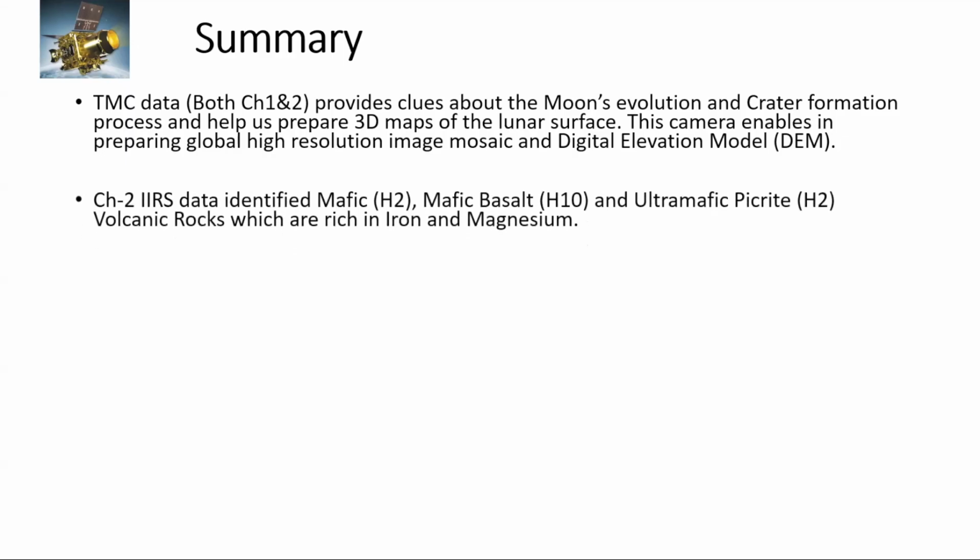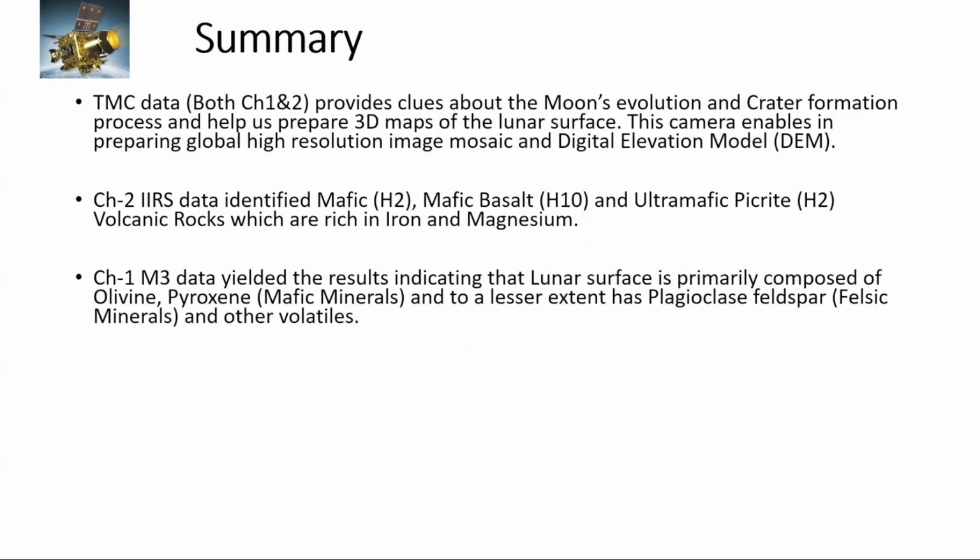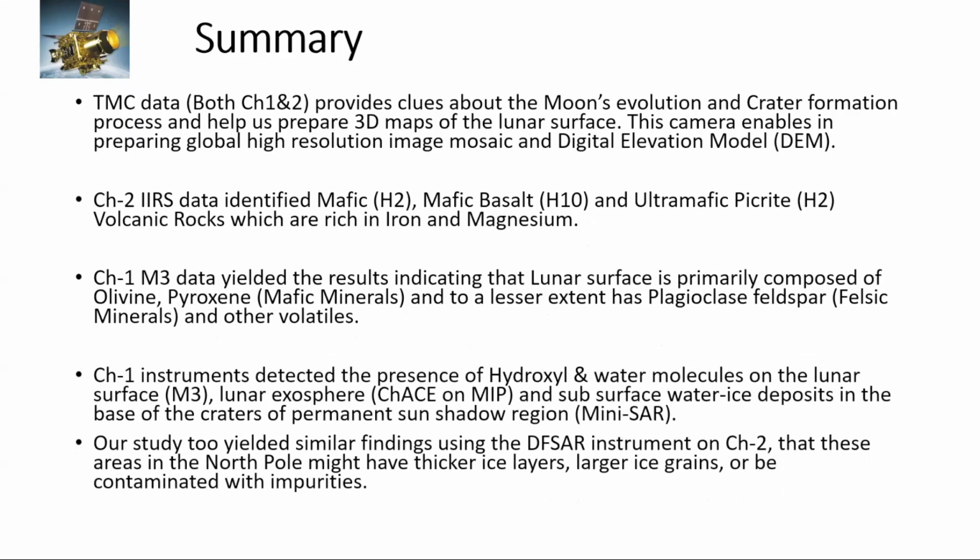And then the Chandrayaan-2 IIRS data has identified rocks rich in iron and magnesium contents. And Chandrayaan-1 M3 data yielded results indicating that the lunar surface is primarily composed of mostly olivine, pyroxene, the mafic minerals, and to a lesser extent has plagioclase feldspars, the felsic minerals, and other volatiles too. And Chandrayaan-1 instruments detected the presence of hydroxyls and water molecules on the lunar surface using M3 data, and also